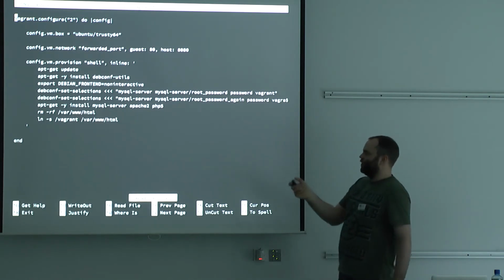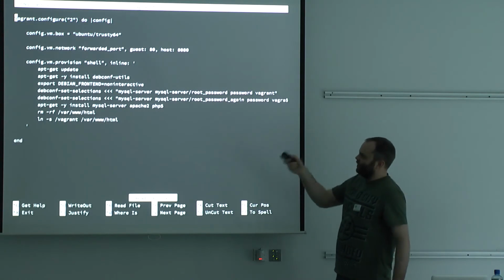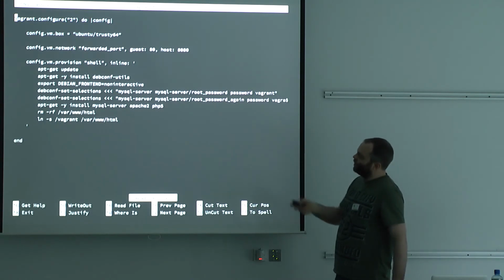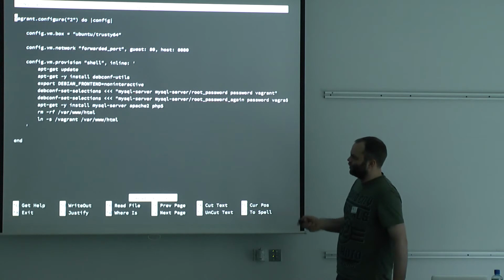Then we've got some shell provisioning. You can specify this inline in your Vagrant file. All we're doing is, in a nutshell, installing MySQL, PHP, and Apache. There's a few extra things here just to set the settings for MySQL. Don't worry too much about those. We're going to rm -rf /var/www/html, then link /vagrant